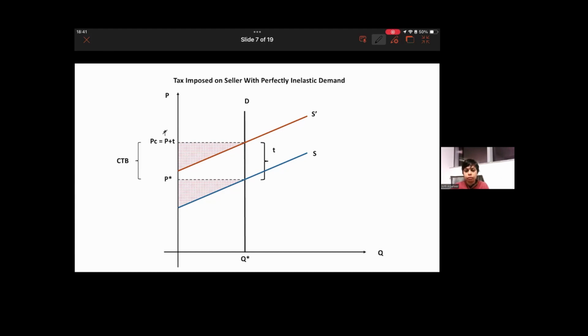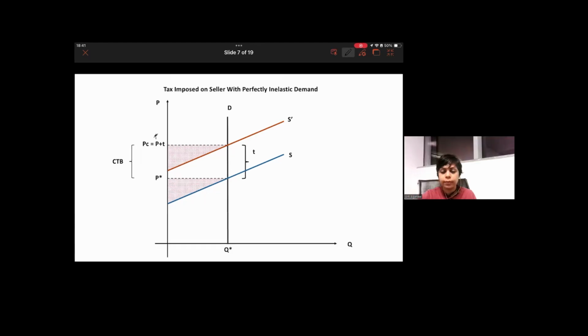Does anybody want to venture a guess? What was the original consumer surplus? Original producer surplus is this red triangle, which I have marked with the hatching in the picture. What was the consumer surplus? This whole thing is a consumer surplus